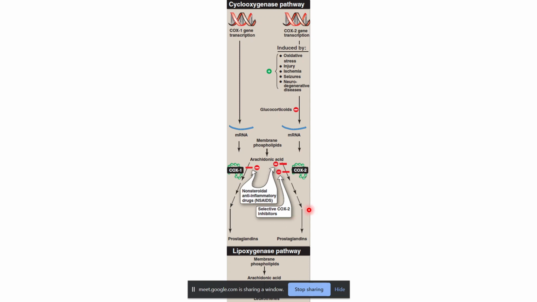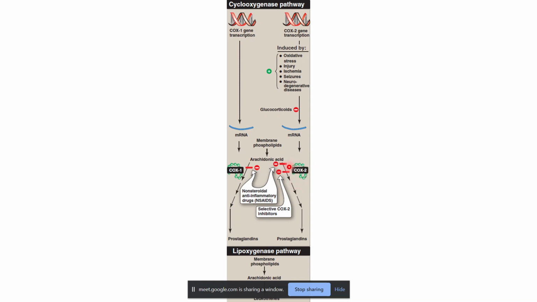So cyclooxygenase 2 is producing the prostaglandins that will increase the inflammation, and that is why the selective cyclooxygenase 2 blockers like celecoxib, for example, will only block the